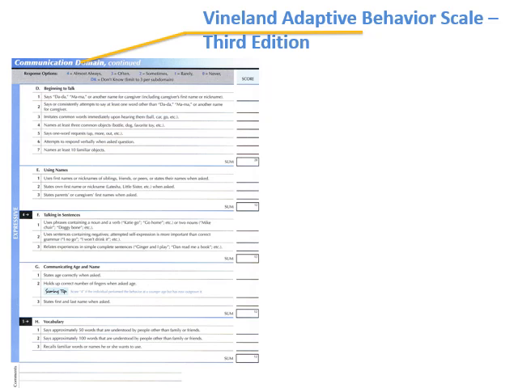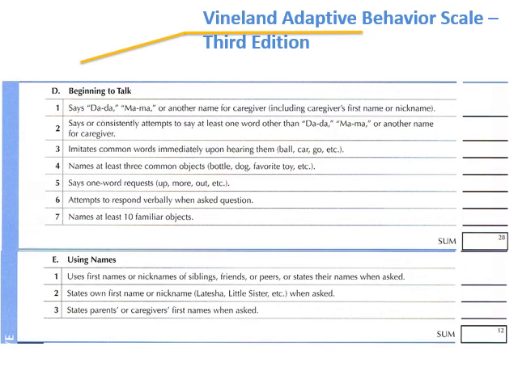So again, in communication, it breaks it up into the areas of beginning to talk, using their own name or using the names of other people, using sentences, and communicating important information about themselves, such as their name and age, to other people, and then looking at vocab as a separate area. Very similarly to curriculum-based assessments like the ABLES, like the Carolina, the simple scores that you give on each one of these sentences, each one of these questions, allows you to focus on what it is that you're going to